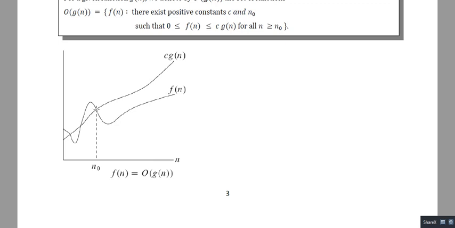So I think this happens from this particular point, because before that the f(n) value is sometimes coming below c into g(n), and sometimes it is coming above c into g(n), but from this point onward always the value of f(n) is less than c into g(n). So we can say this is the threshold value of n, or n0, from which onwards the value of f(n) is always less than c into g(n), right? So we will write f(n) is equal to big O g(n),